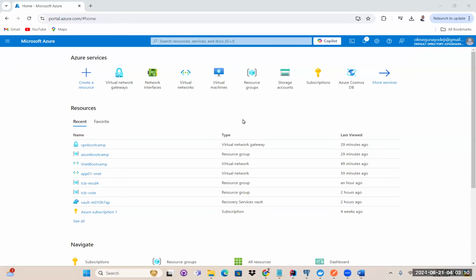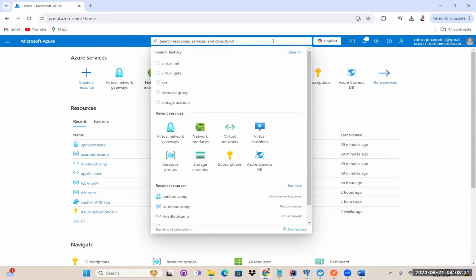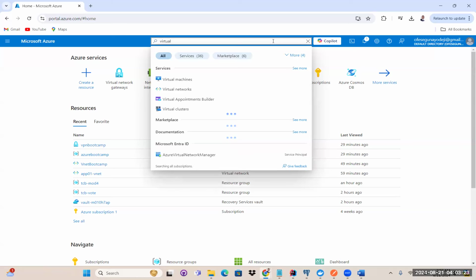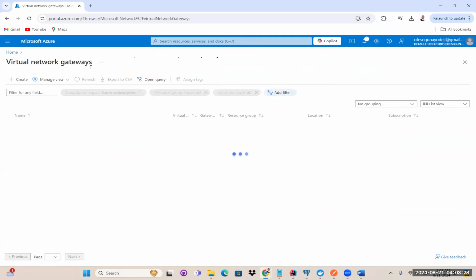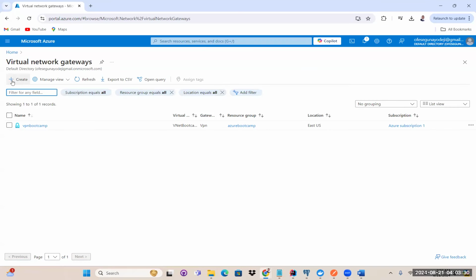Hello, friends. I just want to show you how to create a virtual network gateway on Microsoft Azure. So on your Azure account, you just come here on search and type virtual network gateway. You see it there, click on it. And then on your top left, you see create. Click on create